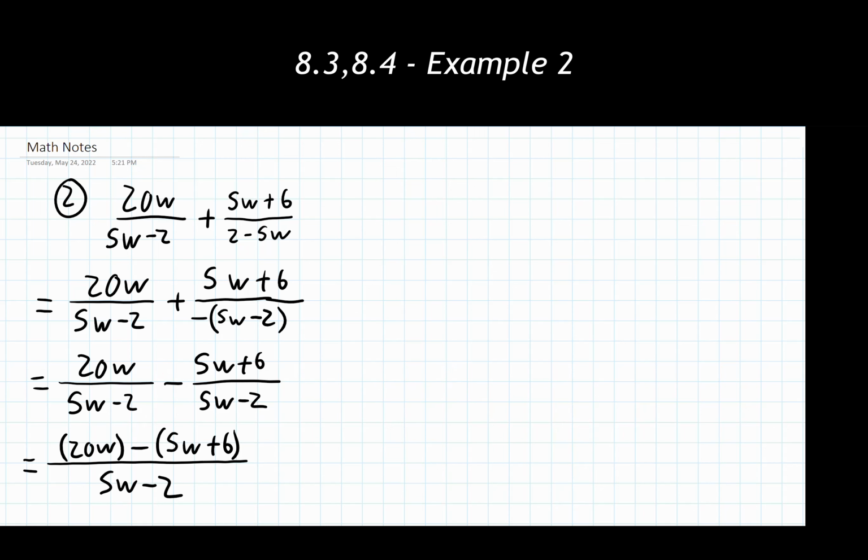So now, looking at step 5, we're told to simplify the numerator. We're doing any distribution, we're combining like terms, all of that. So I'm going to rewrite this and move us up here because I'm running out of space. And this could take a couple lines of work to do. There's nothing wrong with that, but you want to make sure that you are fully simplifying everything down. So I'm looking at this and noticing that this negative is going to have to distribute through to everything in that second set of parentheses. So I'm going to get -5w minus 6 showing up. Again, the denominator does not change. That's not written into the process, so we're not doing anything with it.